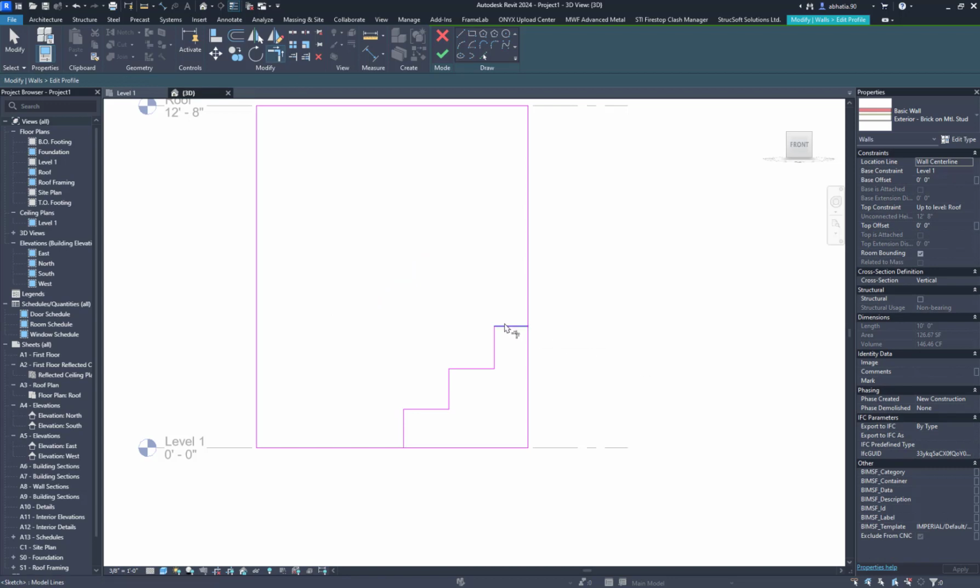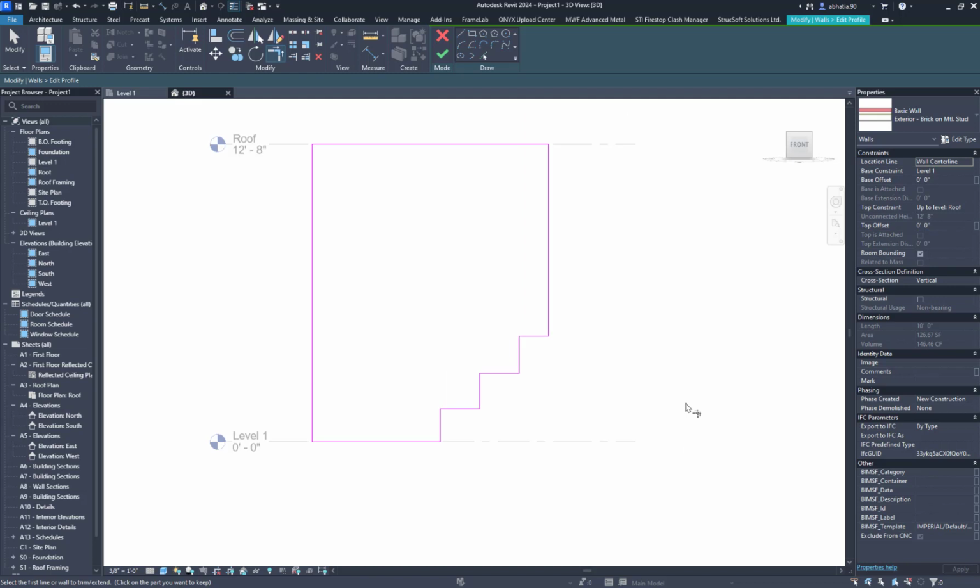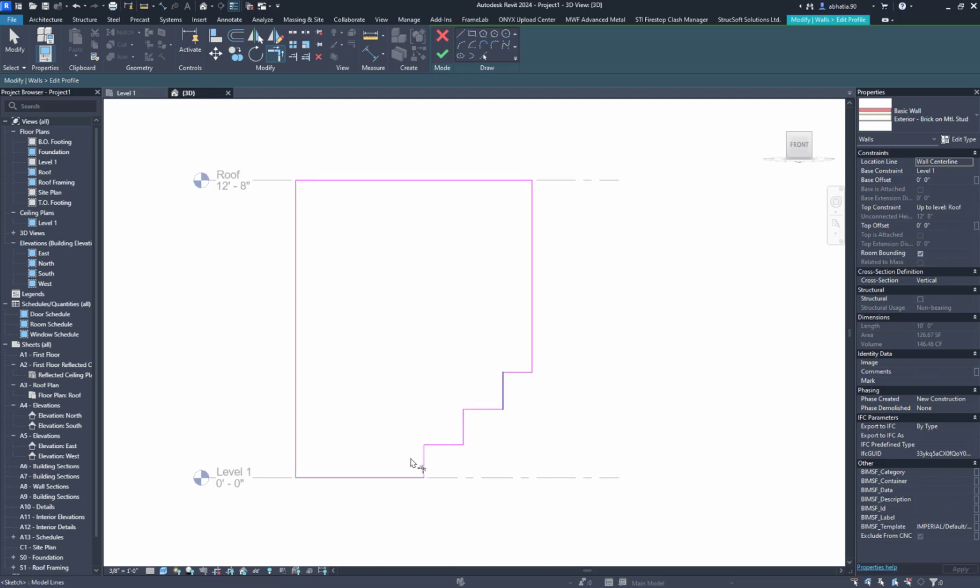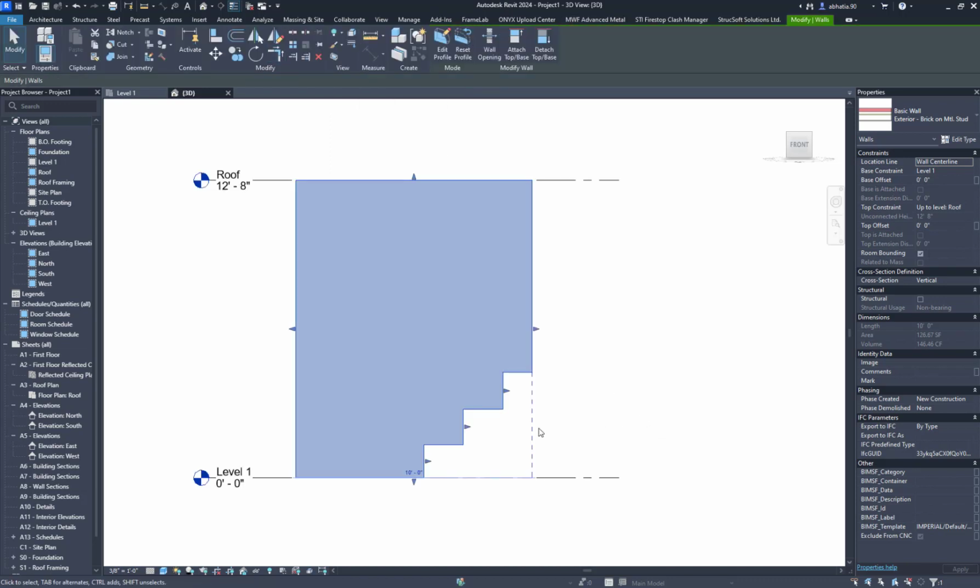And like I said, it needs to be a closed loop. So we can just go ahead and close the loop. And that way, this is a closed loop, and that's basically your profile created. You'll notice when it finishes editing the profile that we have dashed lines here, and that's the edge